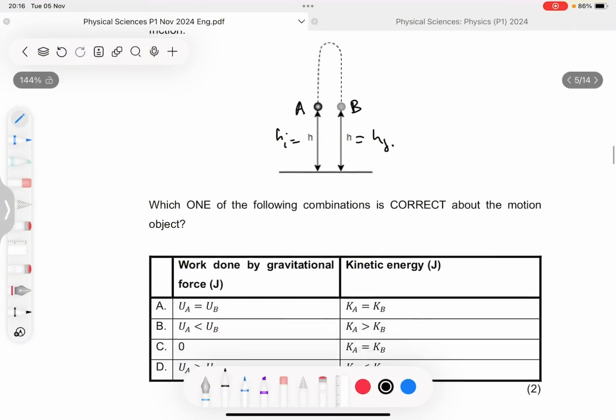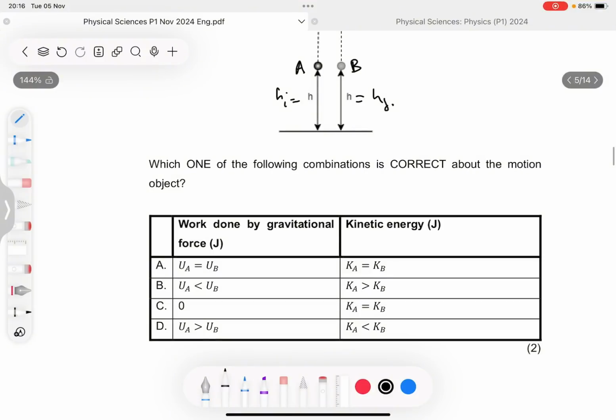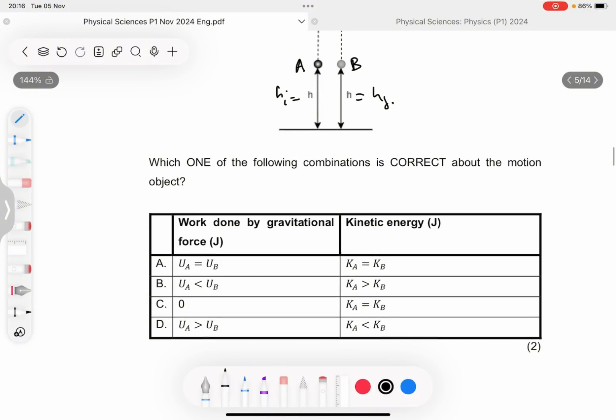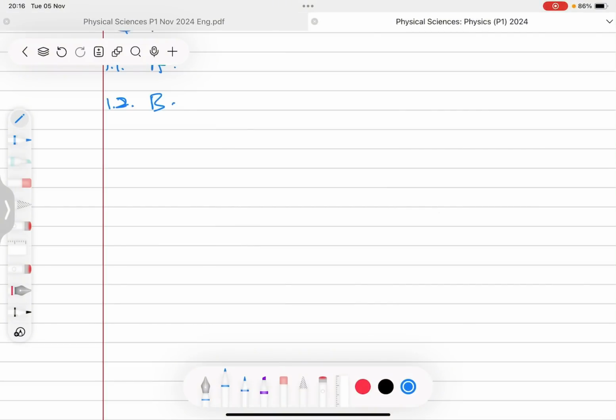Now the question says, which one of the following combinations is correct about the motion of the object? Now they've given us an option that says the work done by the gravitational force measured in joules, and the work done by the kinetic energy measured in joules. I'll firstly start looking at the work done by the gravitational force. Now to do that, we're going to say